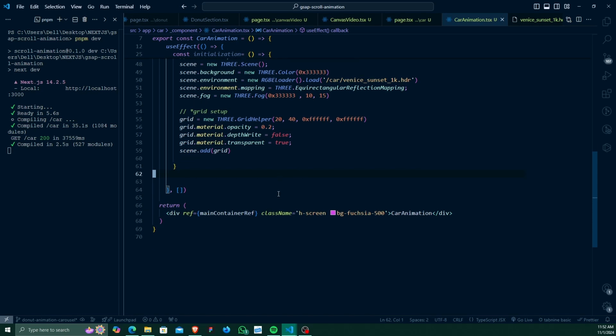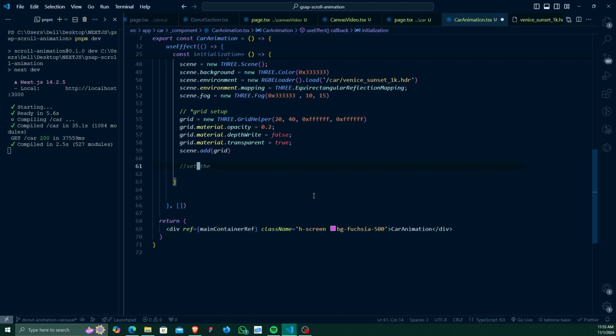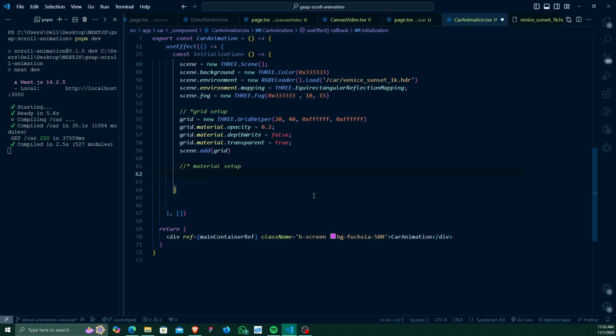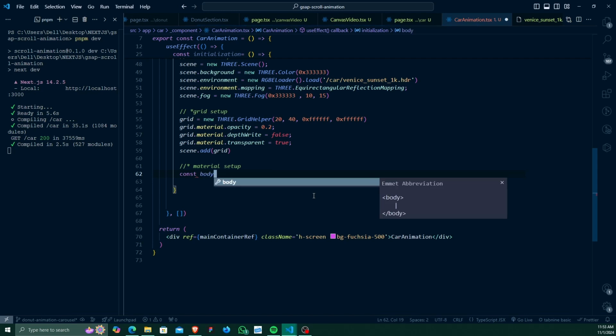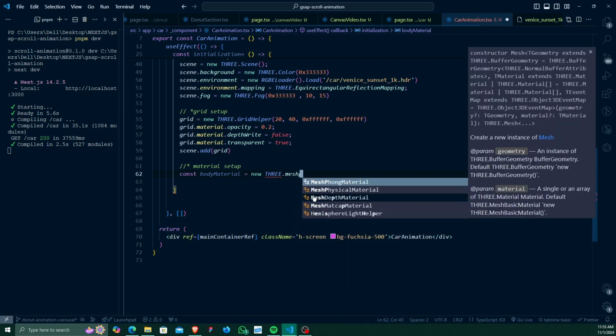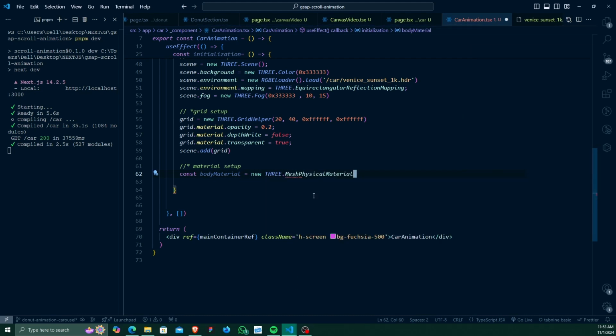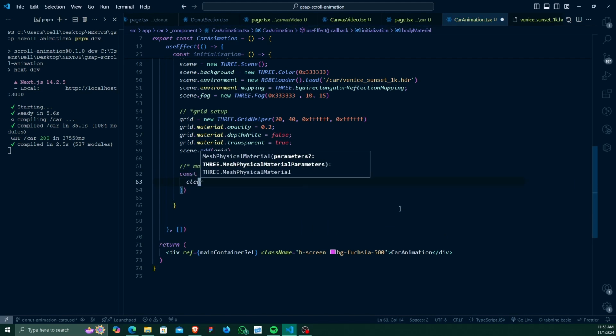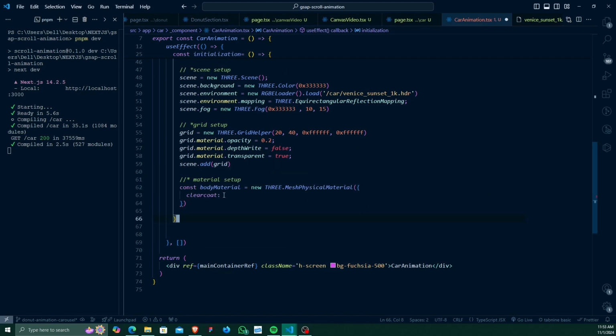Now let's set up our material. Material setup, and you will understand when I write the code. So let's set up the body material. Body material equals new THREE.MeshPhysicalMaterial, and inside this you can specify the clear coat. Sorry, firstly you have to